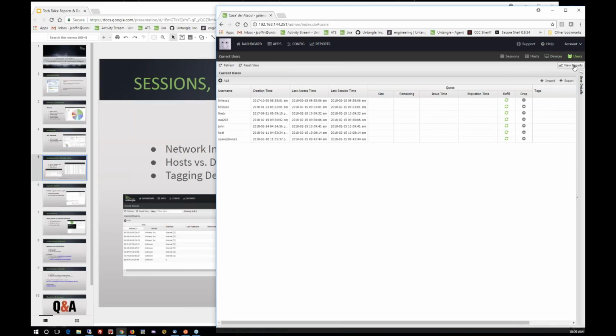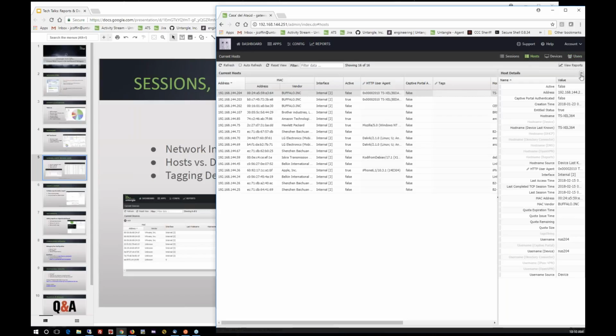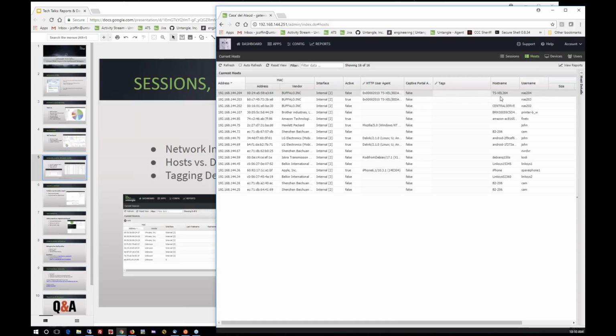Users are anything that I either use Captive Portal, AD Connector, or I have tagged directly with a username, and I'll show you how to do that in a second. I can see what usernames have been on the network in the last 24 hours, and what kind of traffic they've been doing. So if I go over here to hosts, I can look at a particular host, and let's say I can just go in here and get the MAC address,